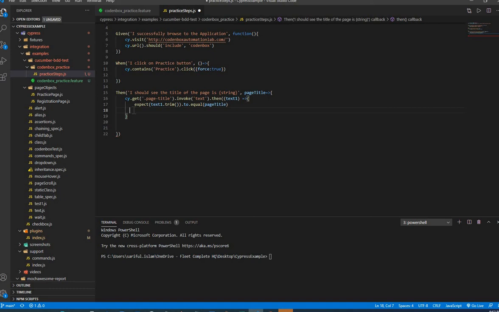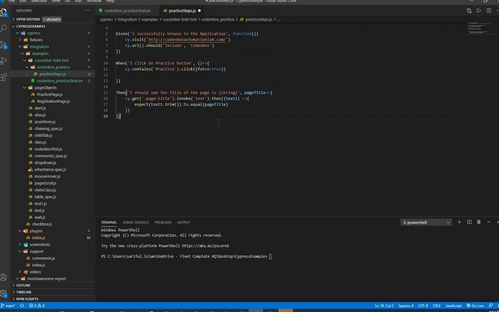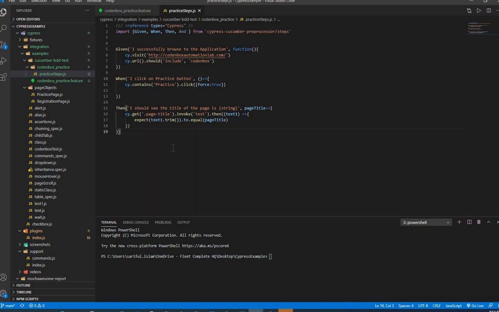So let's see the then function. So this is the then function. So I missed one, right? So let's minimize it. So that's the then function. And after that, what else do we have? So this scenario is done, right? This scenario is done. Let's save it. And now if you want to, let's try to run this, because we completed one scenario. So you can run